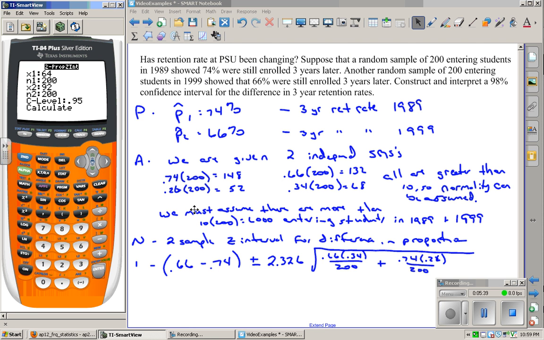I'm letting 1999 be my first number, 0.66. So for x1, I'm actually going to switch my numbers around. So 66% would be 132 out of 200. And then x2 would be the 74%, which is 148 out of 200. And I want 0.98. And then if I go down and calculate, I get